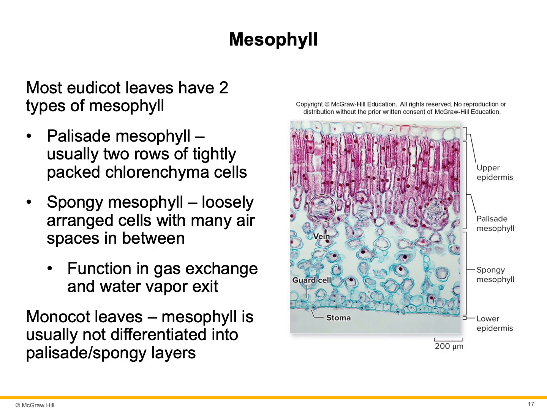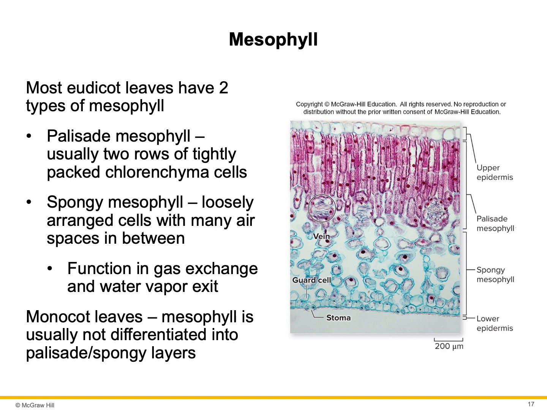So the tissue between the upper and the lower epidermis is called mesophyll. Most eudicots have two distinct types of mesophyll: palisade mesophyll and spongy mesophyll. Palisade mesophyll is closest to the upper epidermis, and contains 1 to 2 layers of tightly packed, barrel-shaped cylindrical cells. These are parenchyma with chlorophylls, and between the palisade mesophyll and the lower epidermis